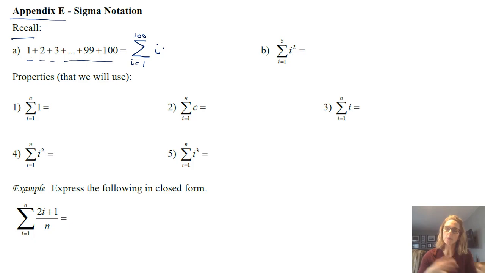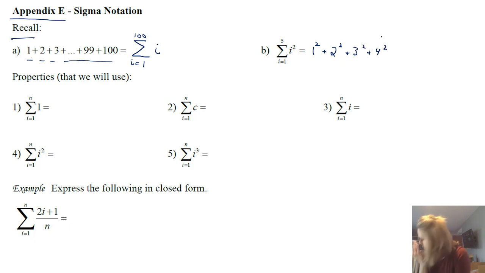The next one that we see for B is the opposite. This is now saying interpret what you see here for B. So in this case, we start with i being 1 and we go up to i being 5. So when i is 1, we have 1 squared. When i is 2, we have 2 squared. When i is 3, we have 3 squared. When i is 4, we have 4 squared. And when i is 5, we have 5 squared. And of course, these can be added together if you want. The point is more just to see that the notation is telling us to place the values from 1 to 5 in for i, and every time you do a placement, put an addition sign and then add the next term.